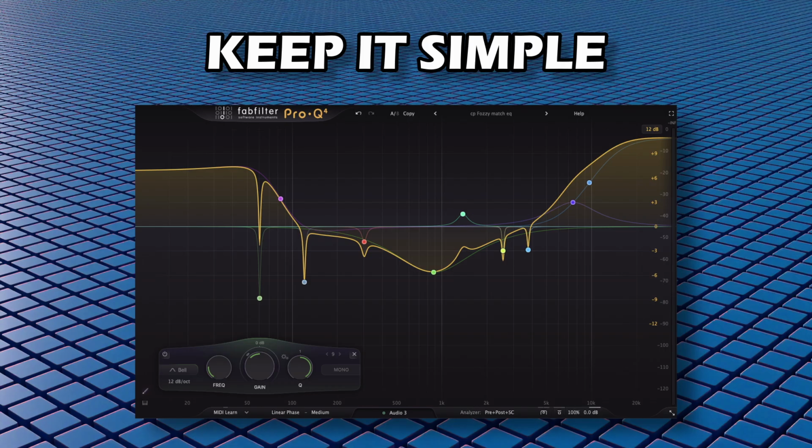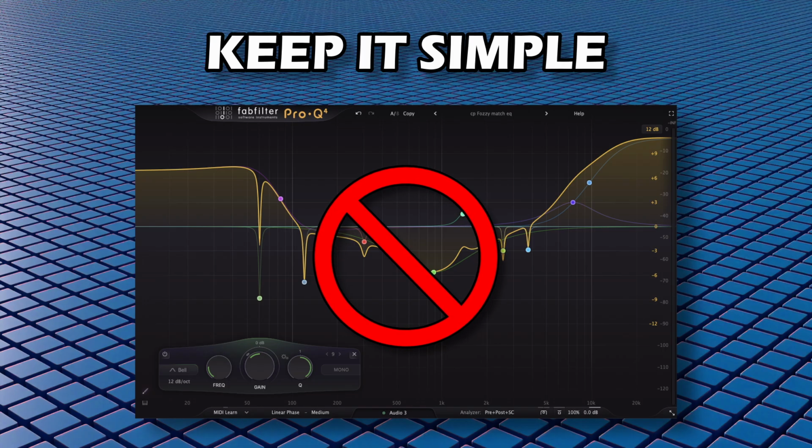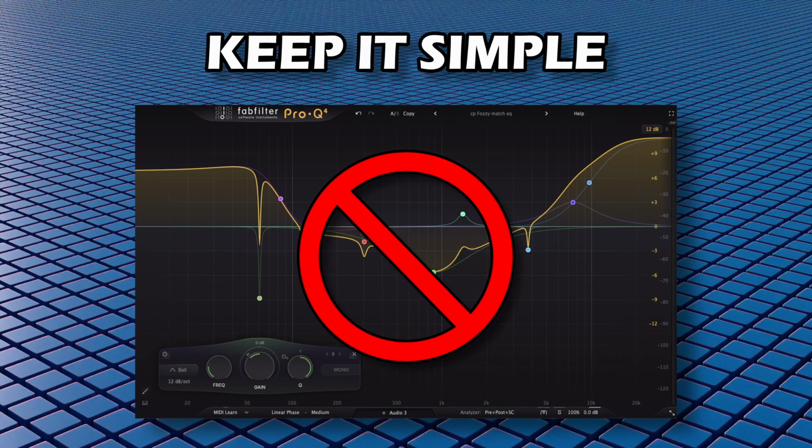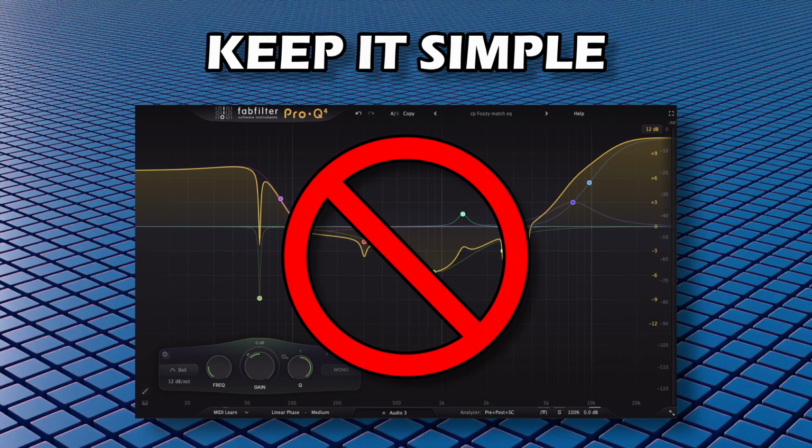Keep this in mind when using EQ and try to avoid complicated EQ curves. Try to keep the band count to a minimum. Less can be more when using EQ bands. If you need a lot of EQ bands to fix a track, then you probably need to change the signal